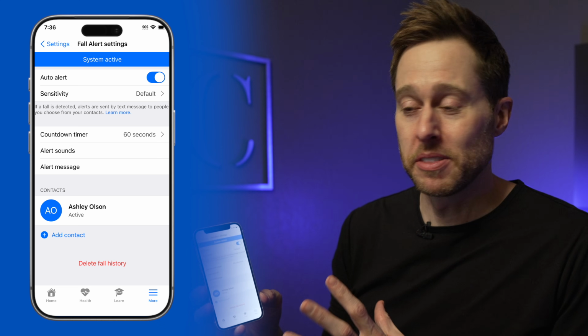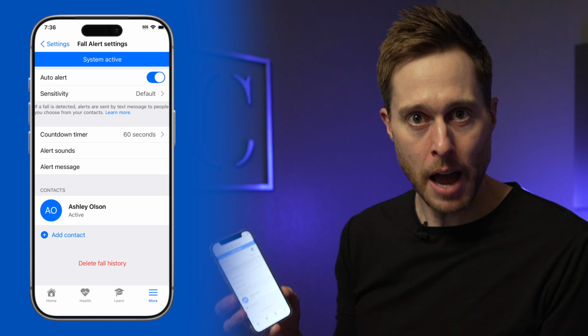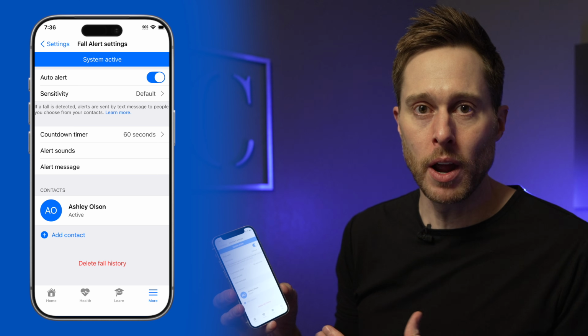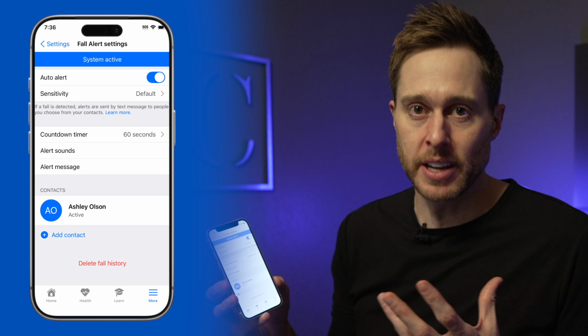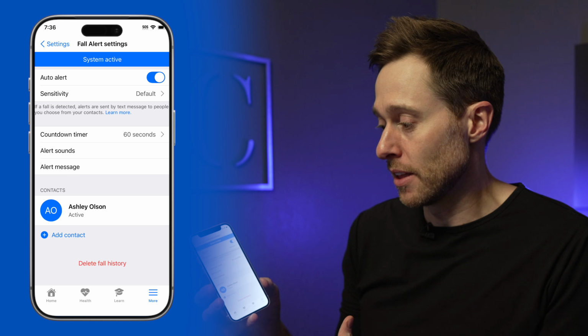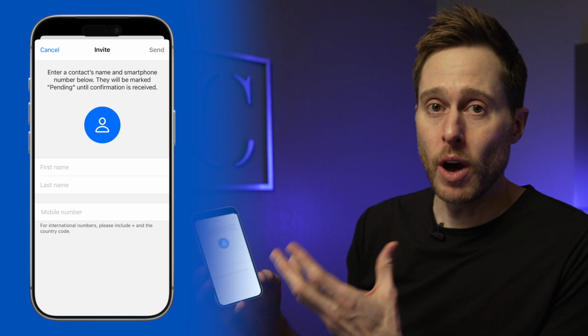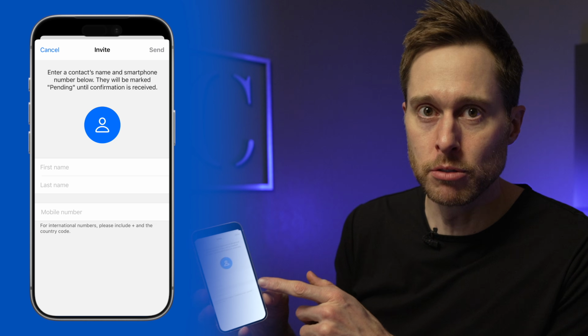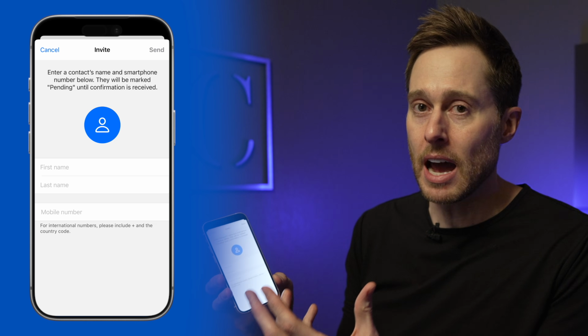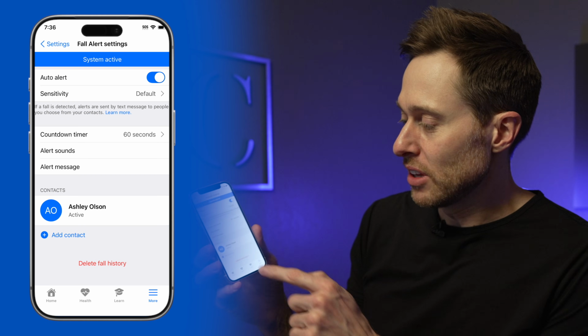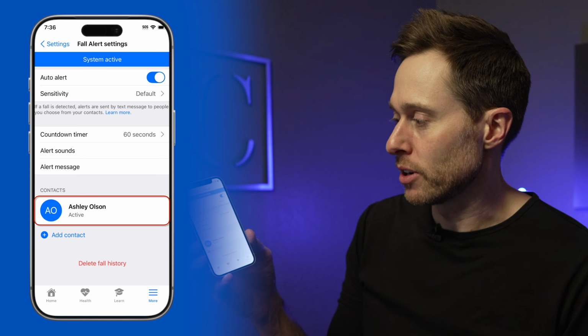Now I joke about this, but this has literally saved patients' lives before, because if the only way that a loved one gets notified if someone has fallen and can't get up is the hearing aids, then this is a fantastic feature. But you can basically go ahead and add in contacts of people that you know. Don't set it up to send out a notification to Ashley, because she's not going to be able to help you. Once you get them set up, you'll see their name here at the bottom in your contacts,